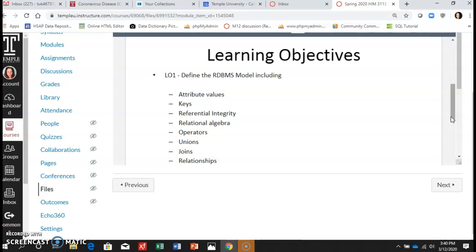So for example, in a customer entity, that becomes a customer table, and attributes become things like customer ID, first name, last name, middle initial, and so on. The values would be the actual data values, like somebody's actual ID, their first name, like Susan or Jonathan, and